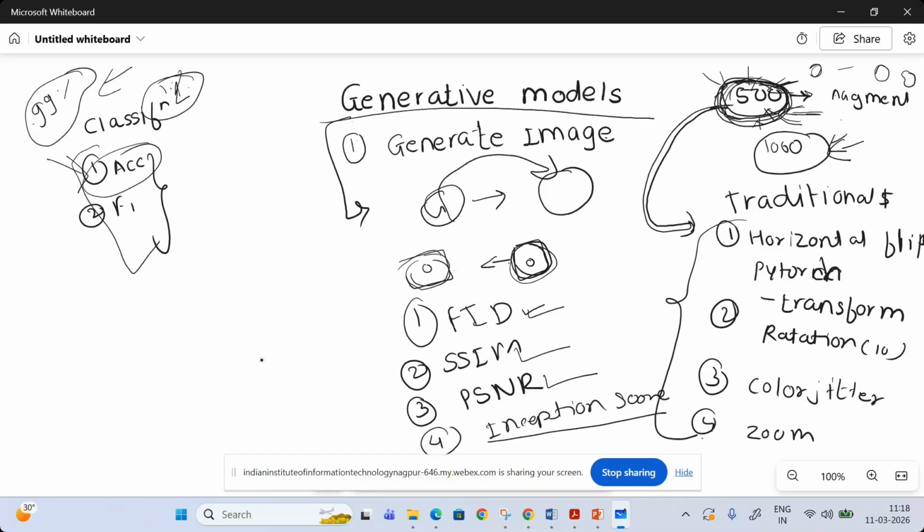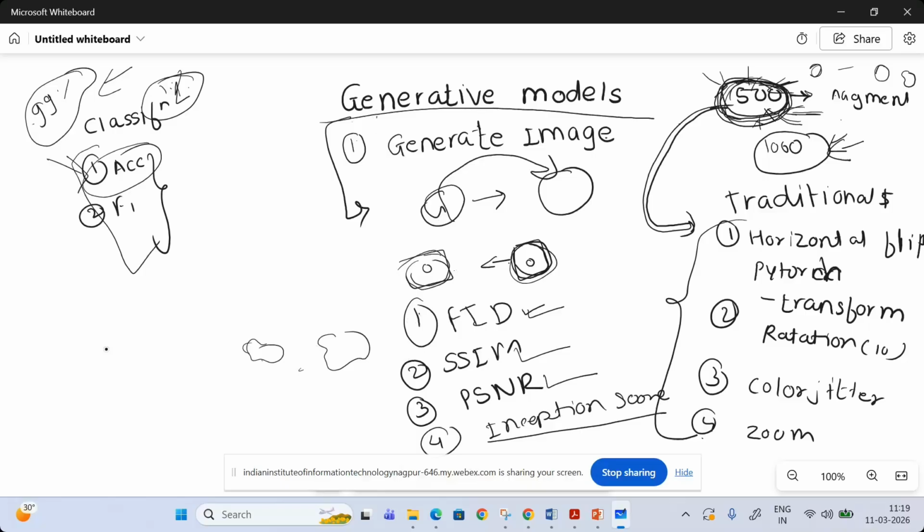Again, you can perform t-SNE analysis on this, to see how my data follows the distribution. For two clusters, there should be no overlapping in the class distribution. For one class and another class, there should be separation between the different classes. In that way, you can evaluate the performance of your generative model.